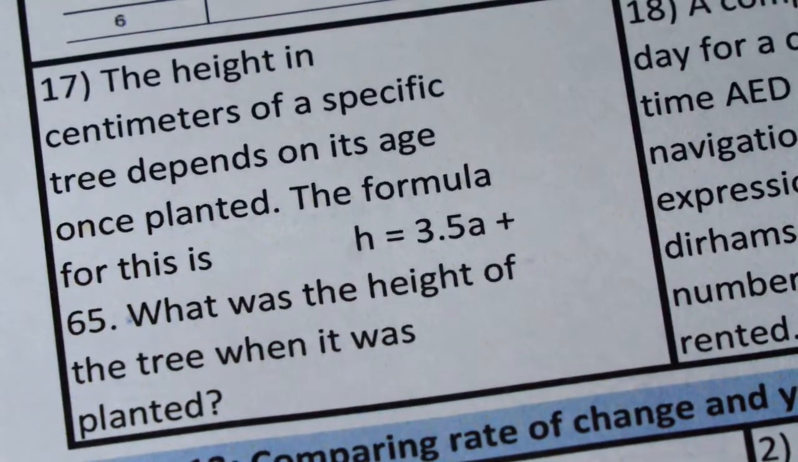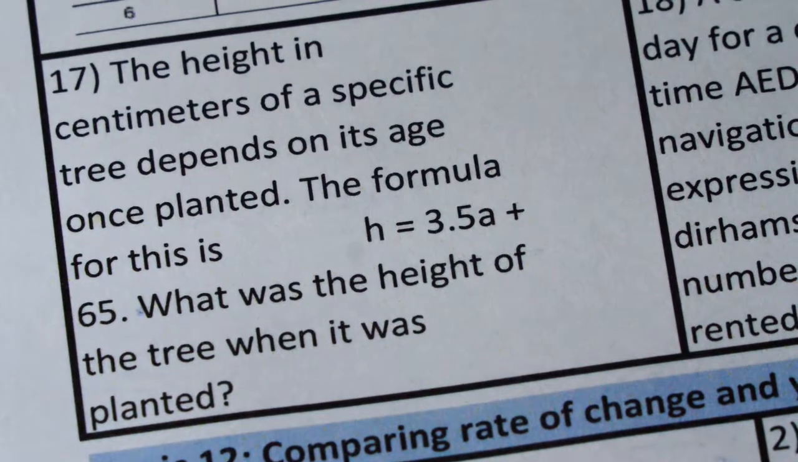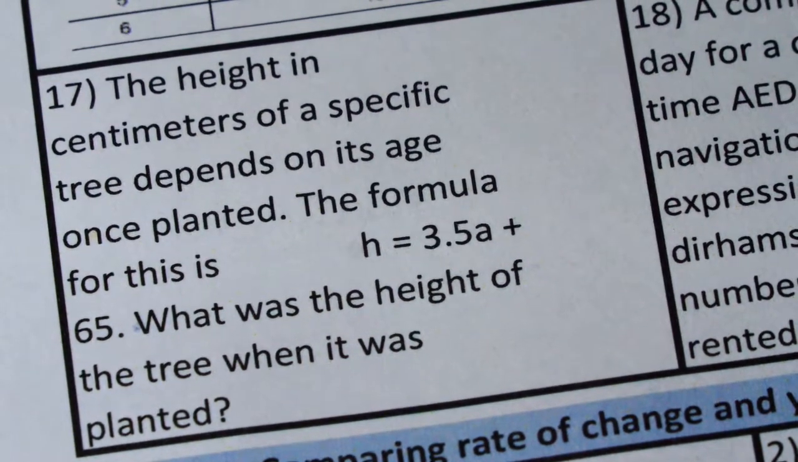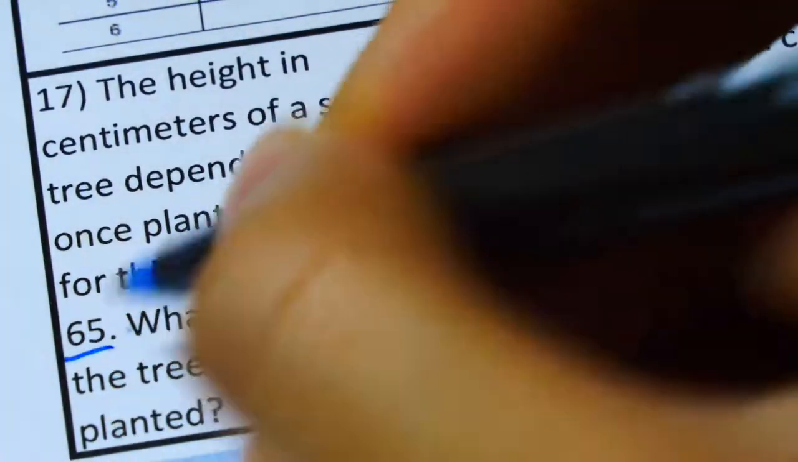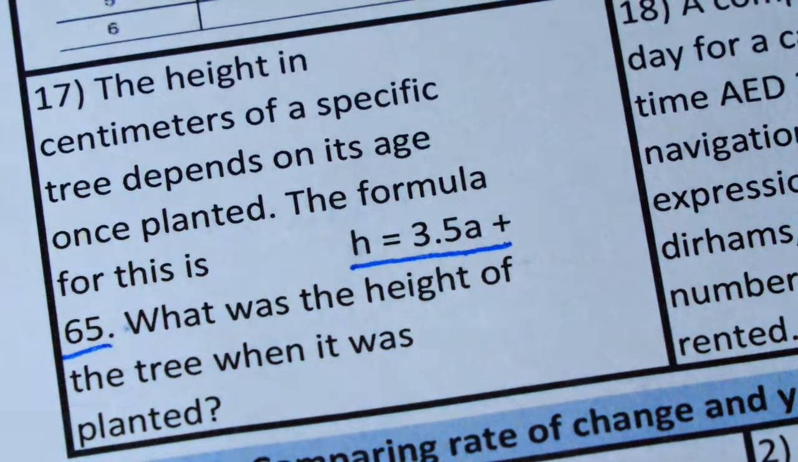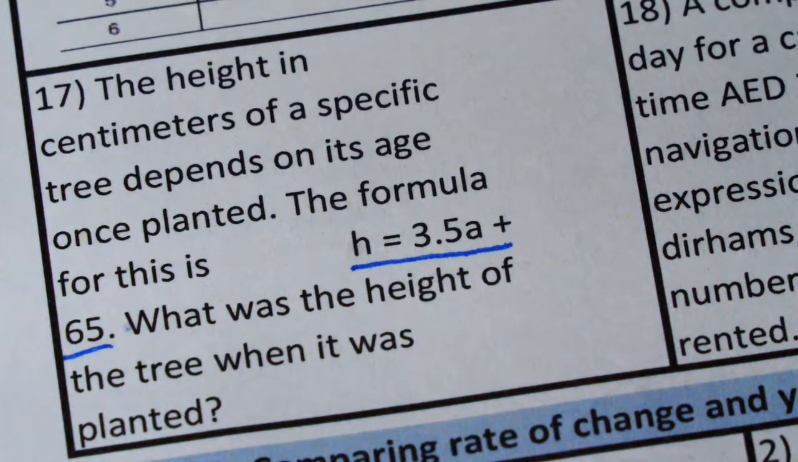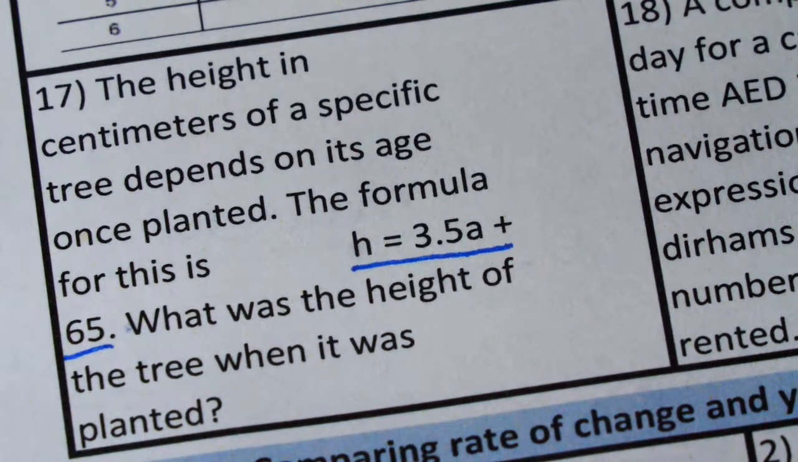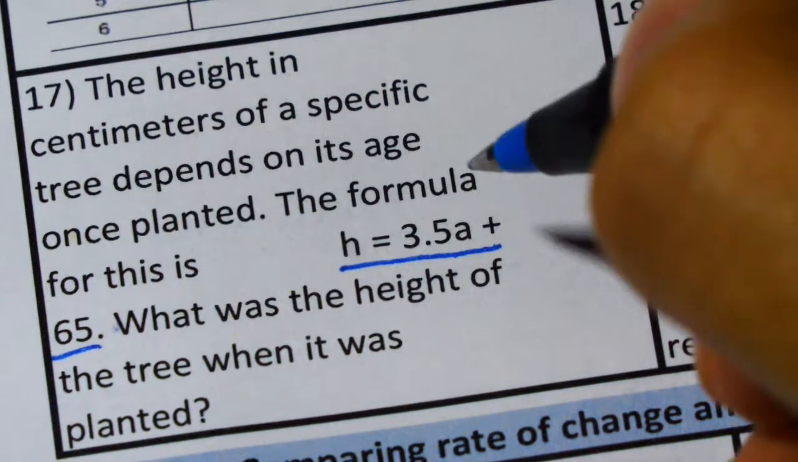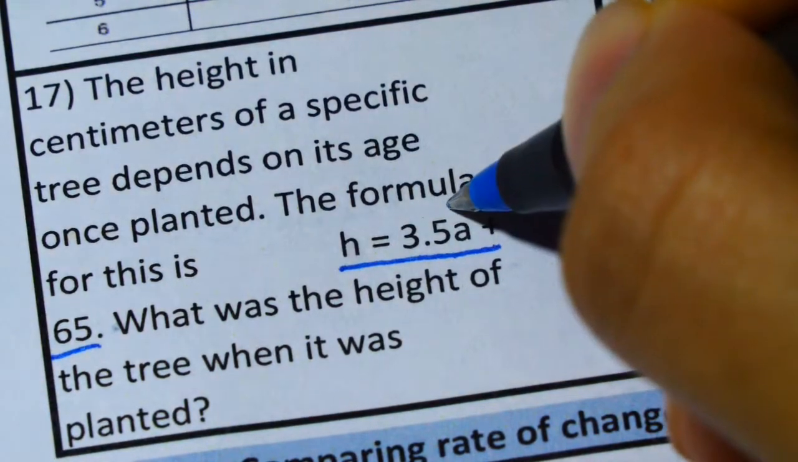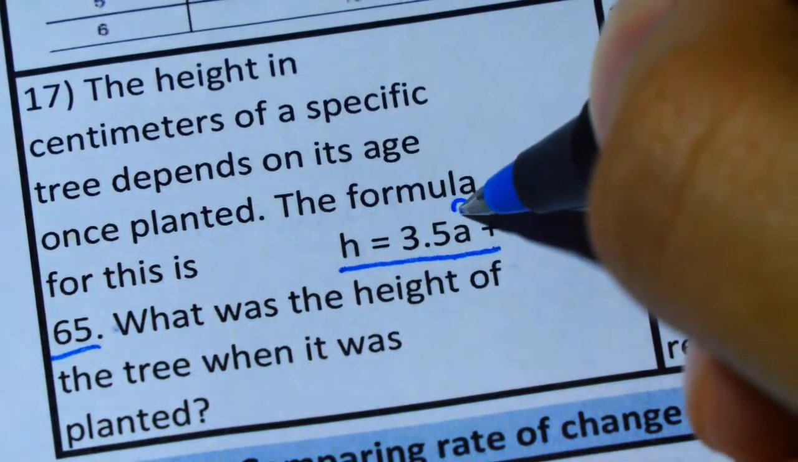Question 17. The height in centimeters of a specific tree depends on its age once planted. The formula for this is h equals 3.5a plus 65. What was the height of the tree when it was planted? So we are talking about what the height of the tree was when it was first planted, when the x was 0 or when the a was 0. Okay,